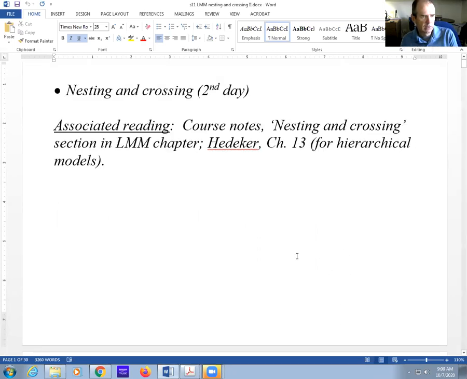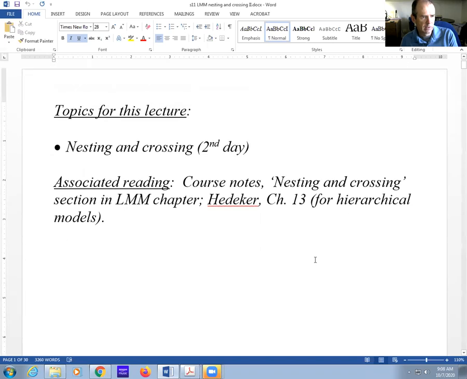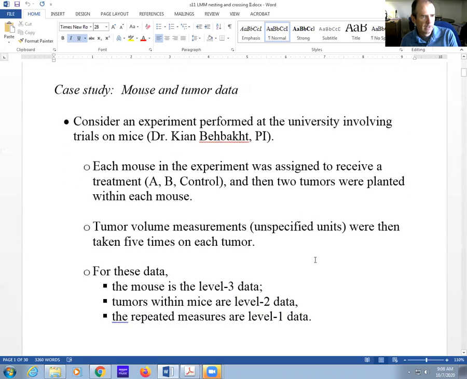And we're going to continue on today with hierarchical models. Here's a study. This data set I got maybe 10 or 12 years ago. I had a graduate student I worked with, and they came to me with this data set, and we talked about how we could analyze it. So what happened with the study was